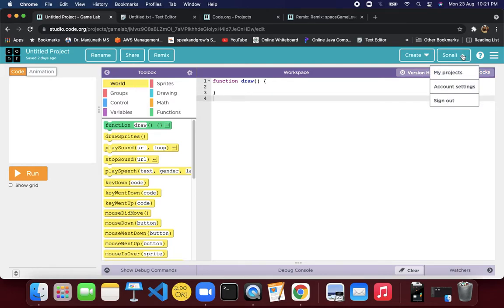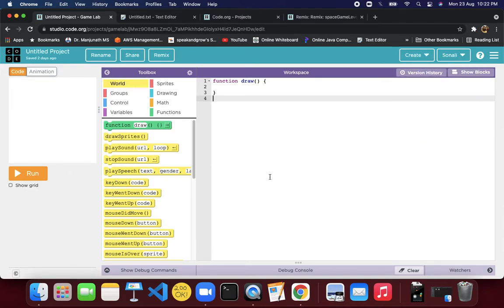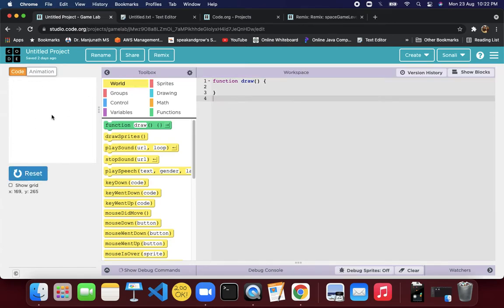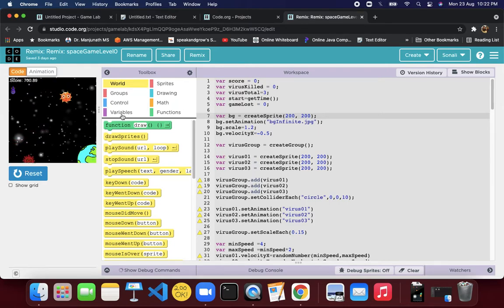Once you have logged in, if you are following from the first class, you will know by now how to log in. Once you are logged in, you will get this interface and create. If you click on Game Lab, you will get this interface. After you are done creating a new project, what are the things we find? From the top left corner is the simulator, meaning here we will get the output. If you see here, you can see the output of the game. Whatever change you make here will be replicated in this screen.